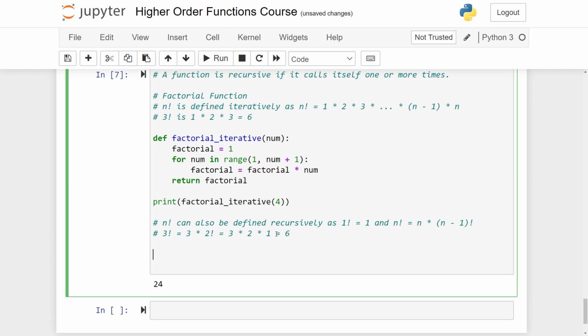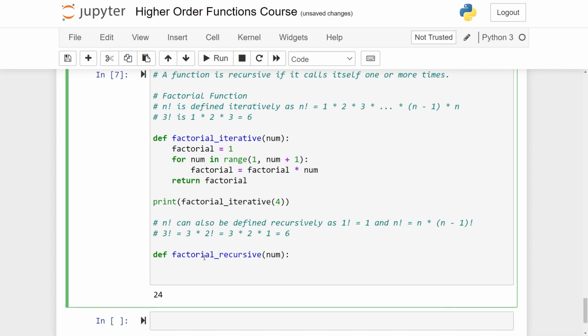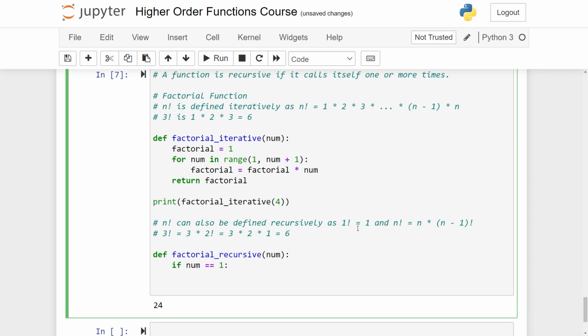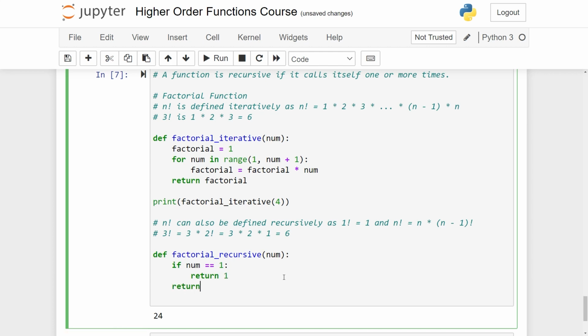Now I can essentially make a function that calls itself. I take in a number, but I want to call it again with one lower value. So let's do this. So this is the recursive version. Takes in a number. So first we should check if the number is equal to 1. Then we should just return 1. Otherwise, we want to return the number times, and I'm just using this formula, the number times n minus 1 factorial. So this is again calling the same function